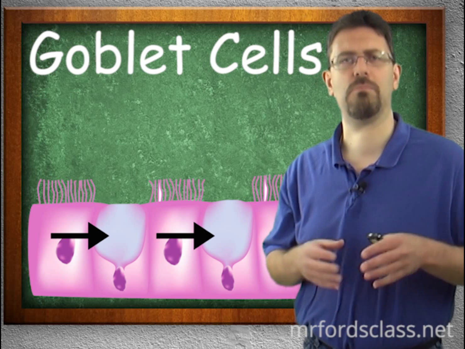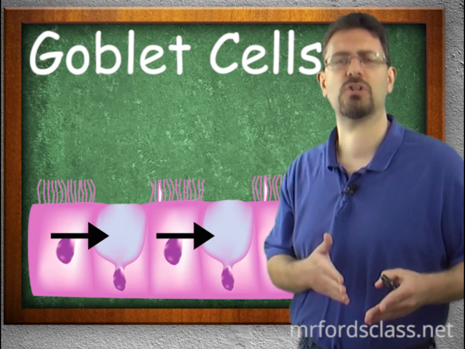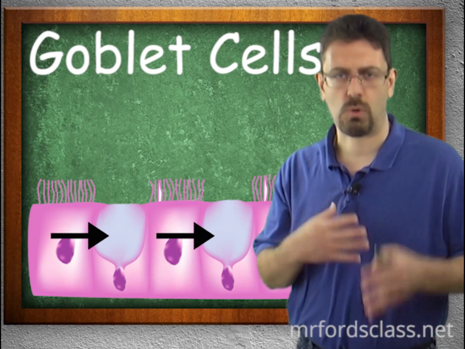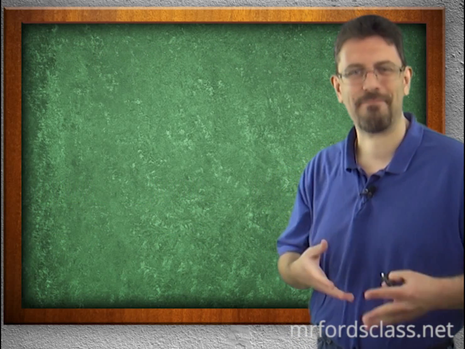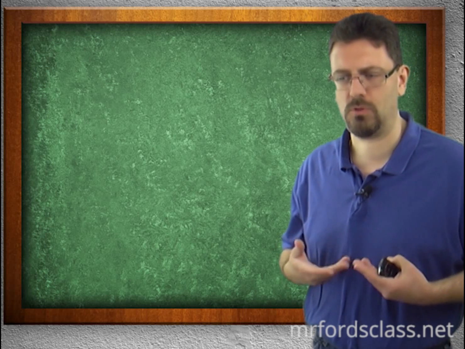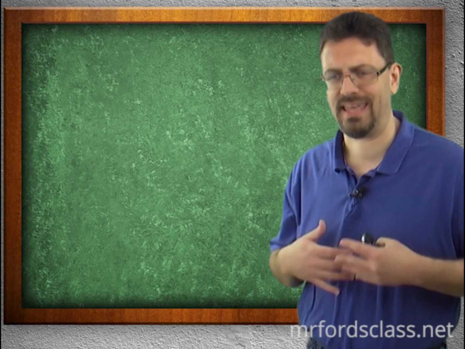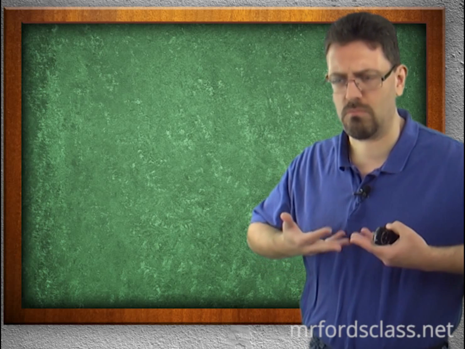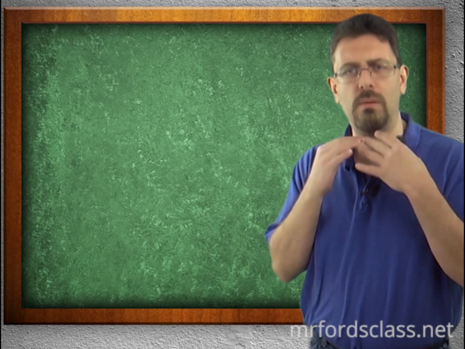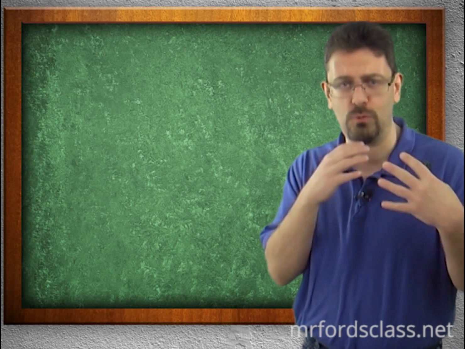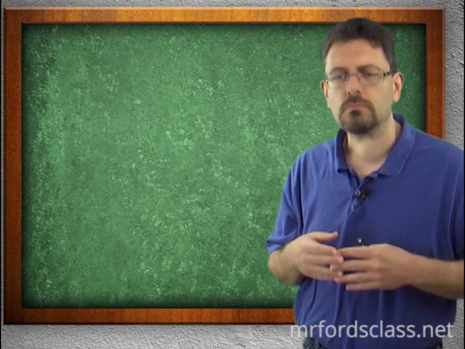The goblet cells and mucus, as well as the cilia, form a very powerful team. What winds up happening is, as you're watching this video and other videos, you are swallowing mucus. Okay, I'm maybe even swallowing mucus right now as I'm talking to you. What happens here is the goblet cells are secreting mucus, for example, in the respiratory tract, which are there to catch particles, are there to catch icky stuff. And the cilia are going to move the mucus up towards the area where your windpipe and your food pipe come together. So your esophagus and your trachea come together, and you're going to just swallow.